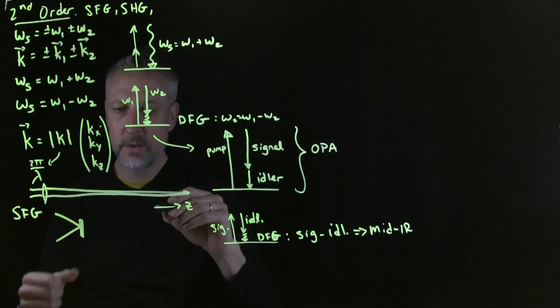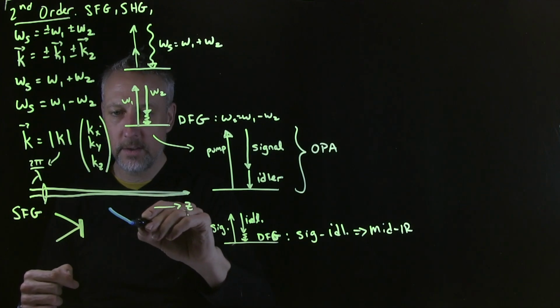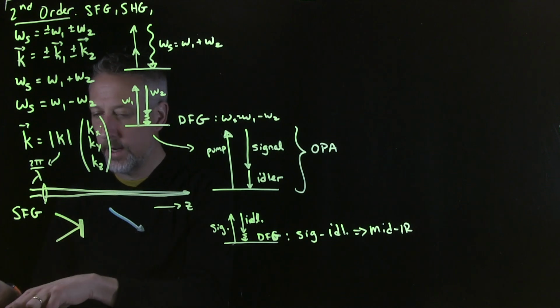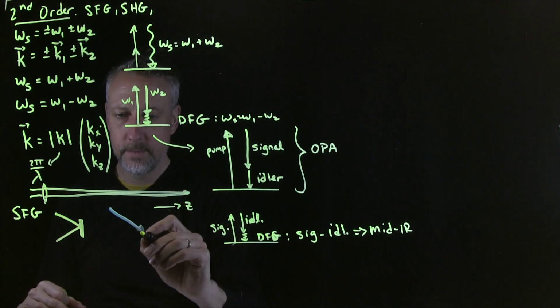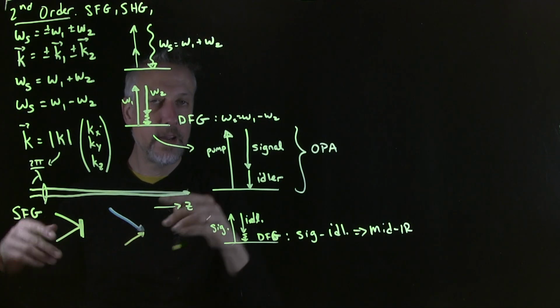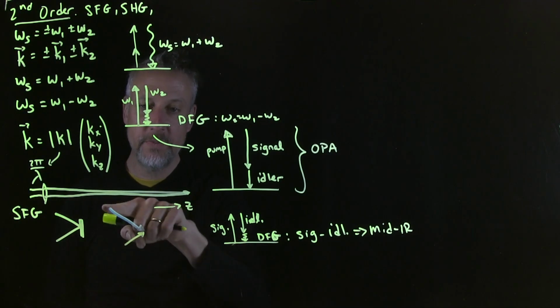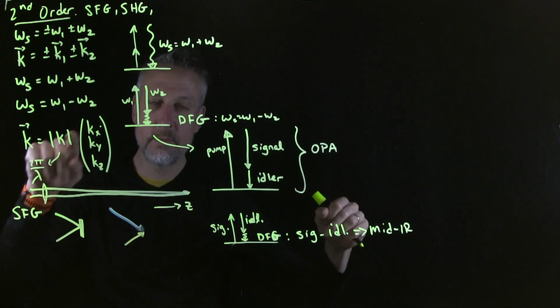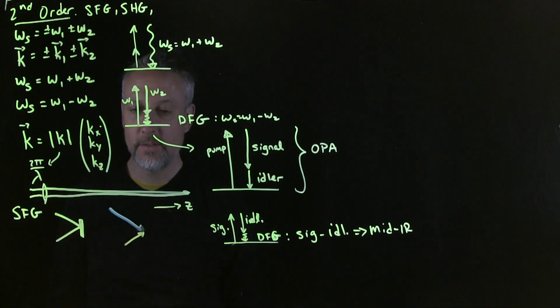So I write down one wave vector like this, and then the other one like this. They will still have the same relative angle as my real beams do in physical space, but the one that has higher frequency will have a larger magnitude. The actual length of the vector will be longer. So when I add them together,